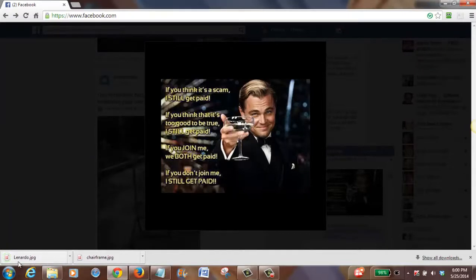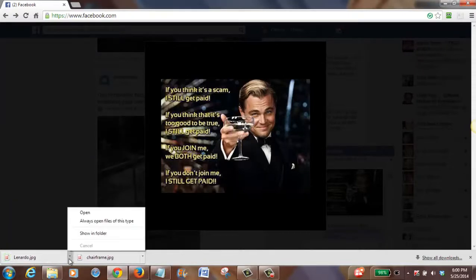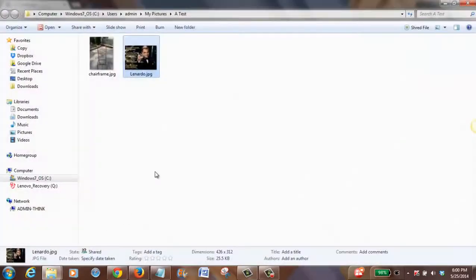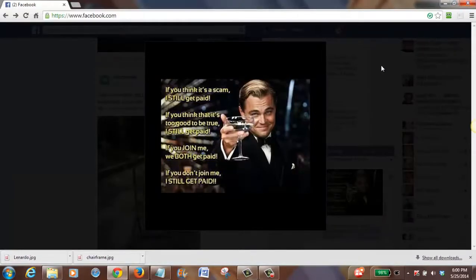All right. And there it is again. It's downloading, and you could click the down arrow and click Show in Files, and it's going to open up that file and show you where it's at. Okay. Now that we have two pictures saved,